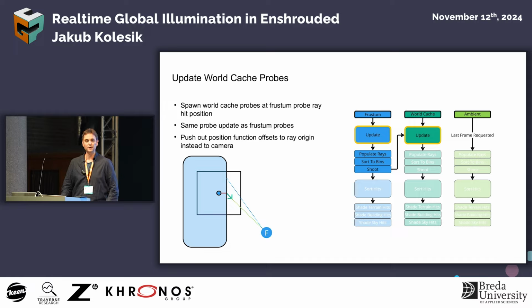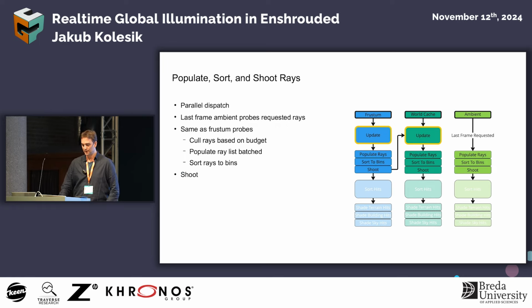So after we have shot our first rays from the frustum probes, we have our hit positions, which can finally spawn the world cache probes. Again, the system is exactly the same. This is the same shaders, actually, which update the world cache probes. The only difference being that they are not offset into the camera direction anymore, but they are offset into their origin, because they came from some direction other than the camera, probably. Then we also populate, sort, and shoot them exactly as we did with the frustum probes,